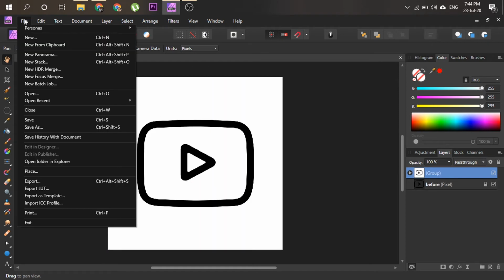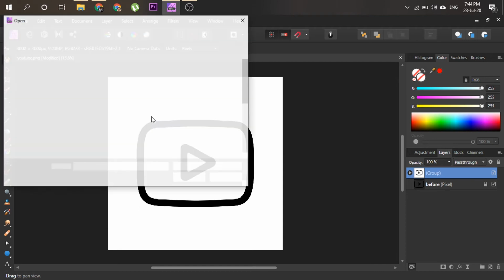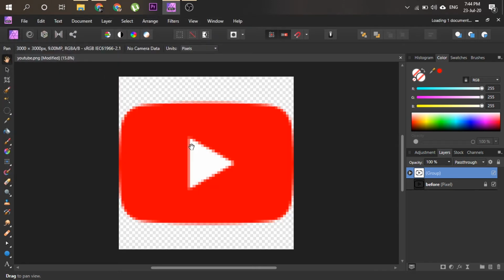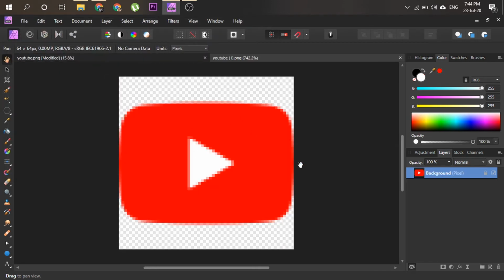Now what I'm going to do is open that again. So click on open and select, I think this one. I don't really know which. Okay, this one is the pixelated one. So I'm going to do the same with this image as well, but there is one little extra step with this color image. First we make a duplicate copy of the background layer.